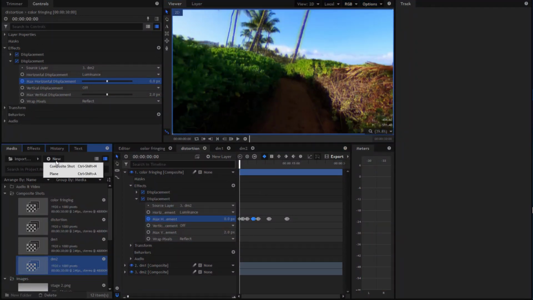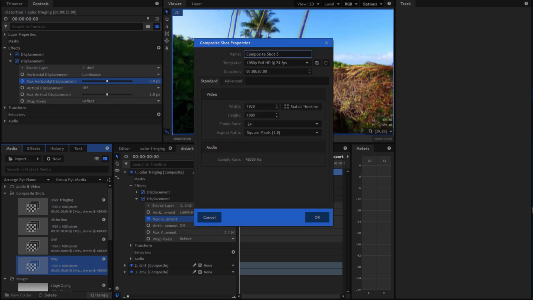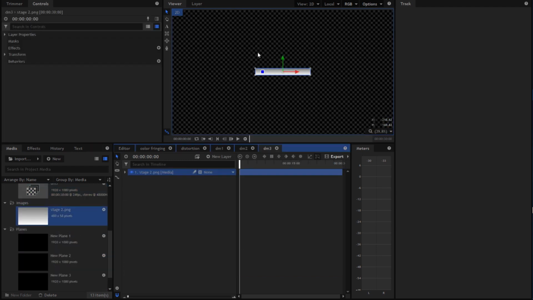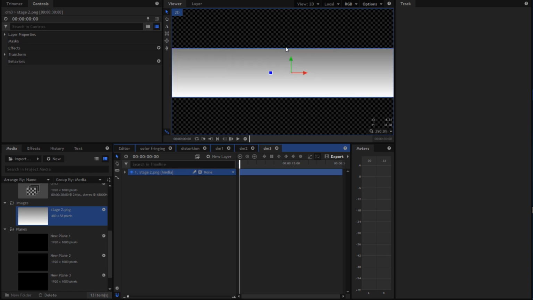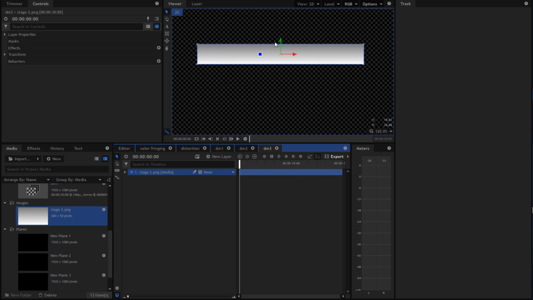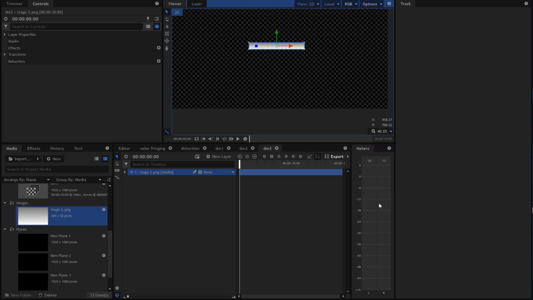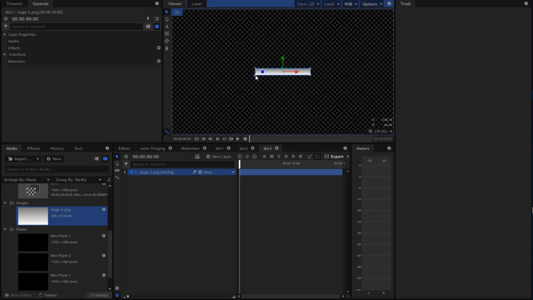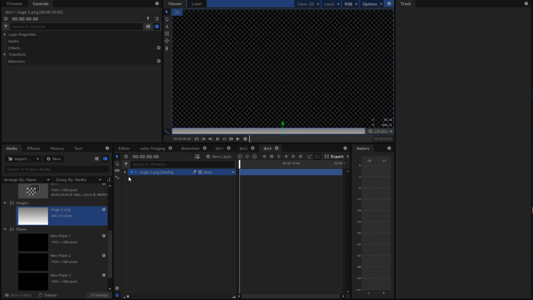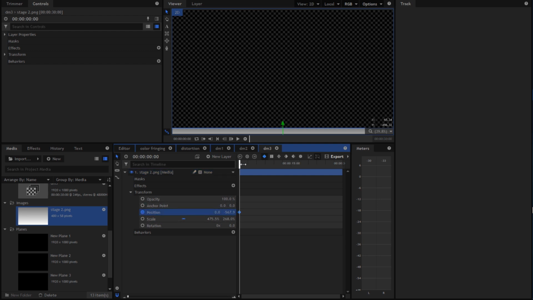So the next distortion layer, make a new composite shot, name it DM3. Now for this one you have to do some external work, make an image in any image editor, and make it a gradient. So on the top it's the middle gray, like right in the middle between black and white, and at the bottom it's just white. So we place it down here, and in the transform we keyframe the position,